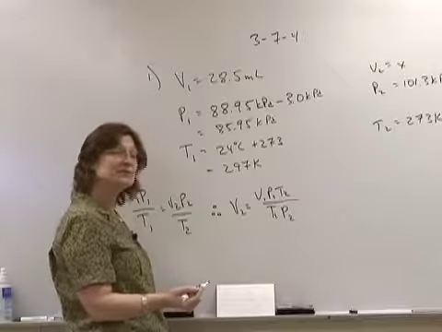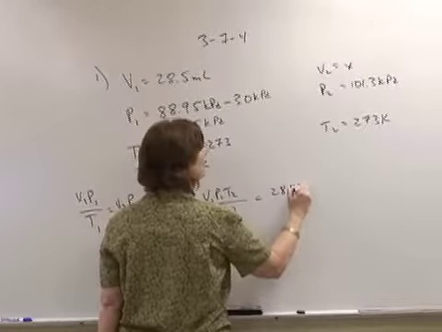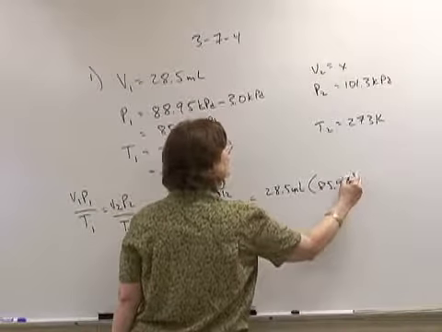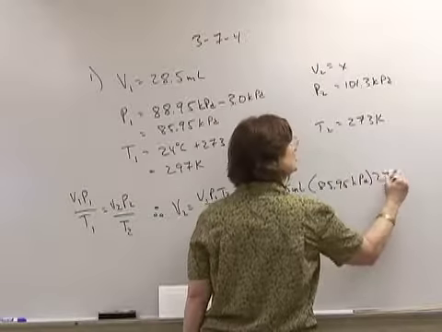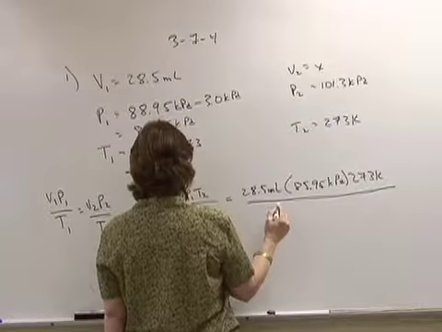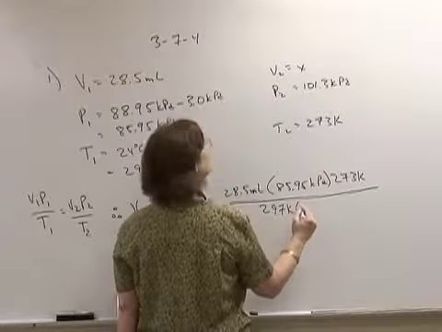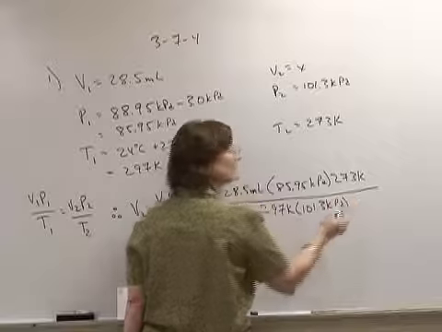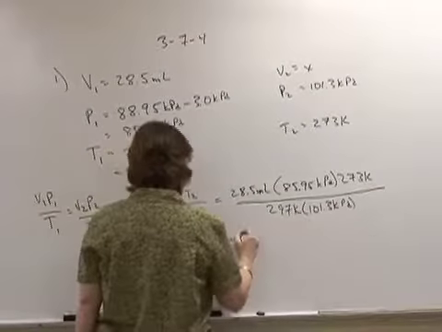Then I just substitute in the values. And I get 28.5 milliliters times 85.95 kPa. And my T2 is standard temperature divided by my T1, which is 297 Kelvin, and my P2 is standard pressure in kPa. Now, when I solve this mathematically, I get